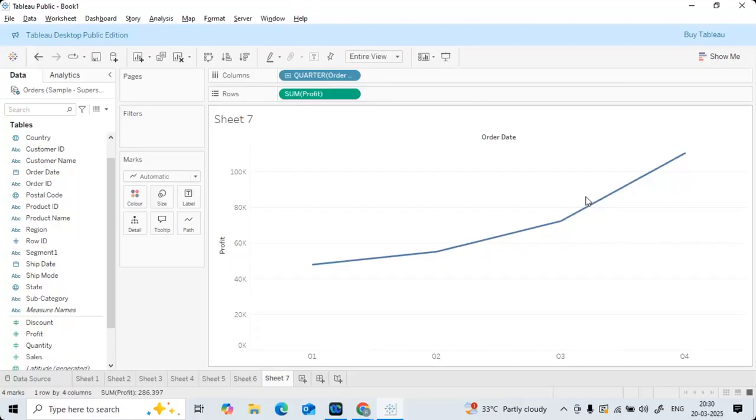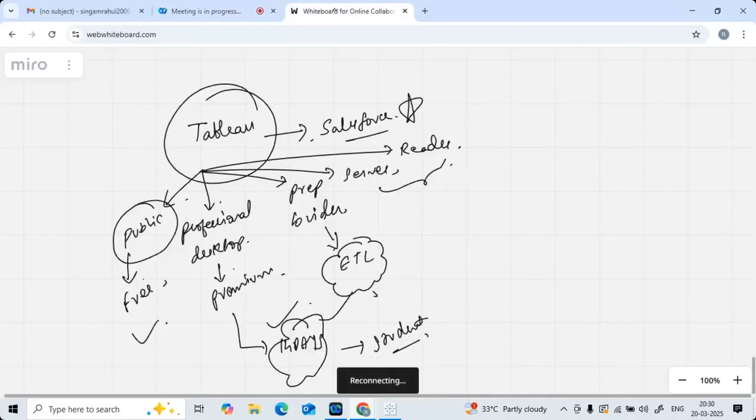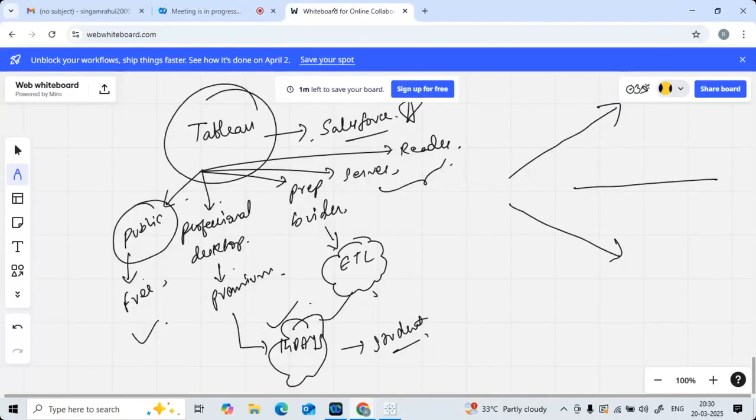But in a nutshell, what you need to understand is that this kind of data you can utilize with visualizations like line charts and area charts for understanding patterns and trends. Whether the sales is increasing, decreasing, stable, or fluctuating.